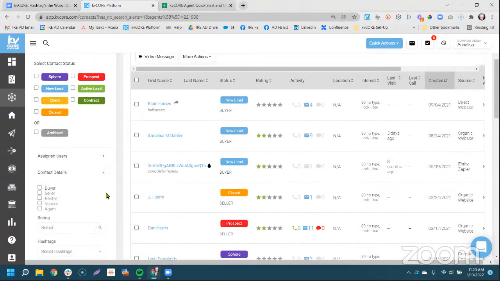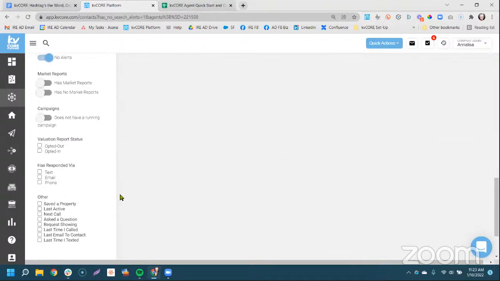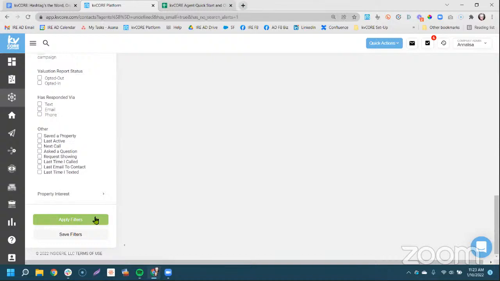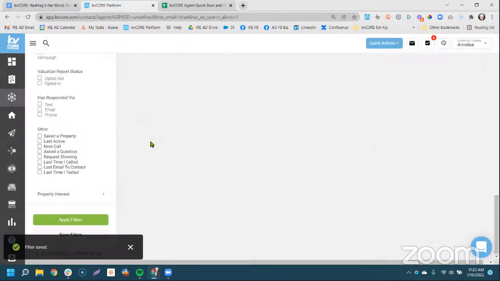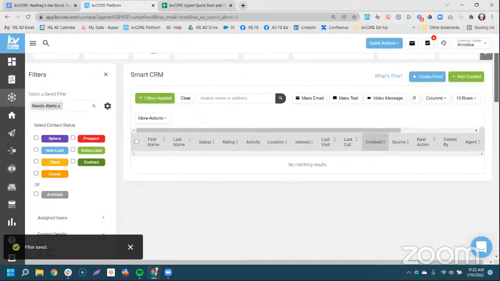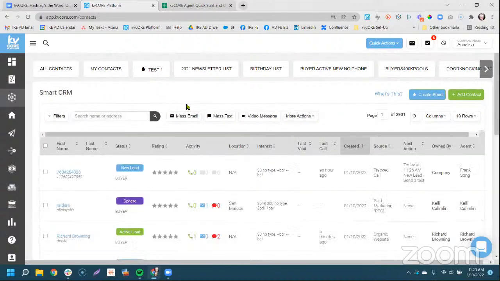So if we go into our details, we can actually toggle, let's make sure they have an email. So it's an actual list that speaks to people who have an email that don't have alerts. Then we can put it down here to apply filter, save filter, and then this would be like, needs alerts. And then you can pin it to the top of your filter at the top. And then you have a listing alert feature for you to actually look at every day of people who might need to have listing alerts, market reports, and so forth added to them.